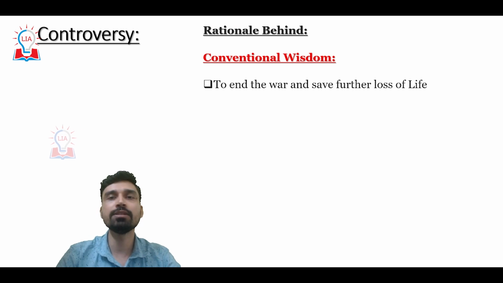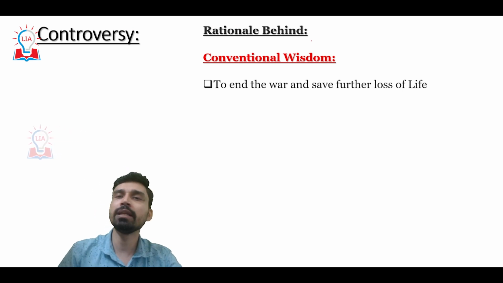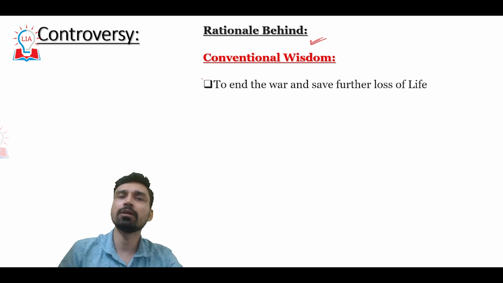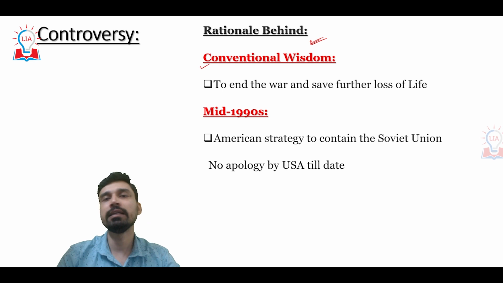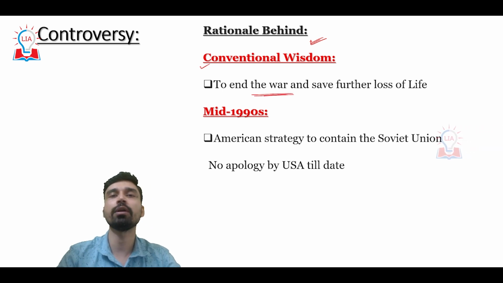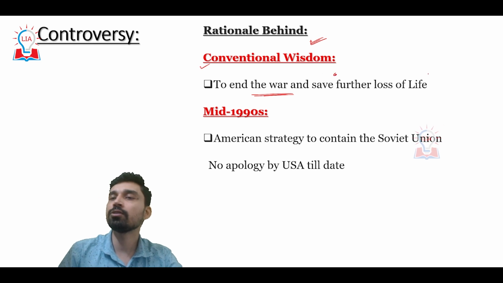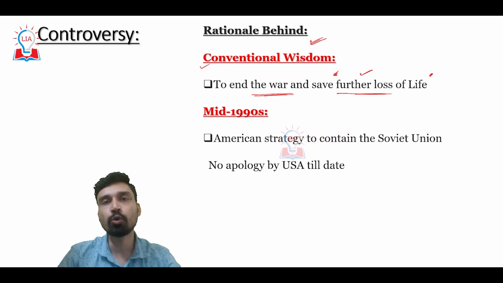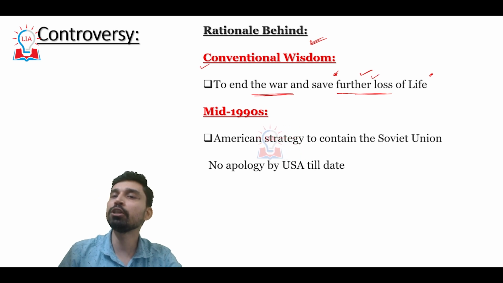Now, the controversy regarding this decision is various. For example, many people doubt what the rationale was behind the use of such a weapon, and conventional wisdom states that the atomic bomb was needed because there was an urgent need to end the war quickly. Though it caused a catastrophic loss of life, and civilian casualties especially were enormous, many military historians believe that if the war could have dragged on for a couple more years, it would have caused much greater